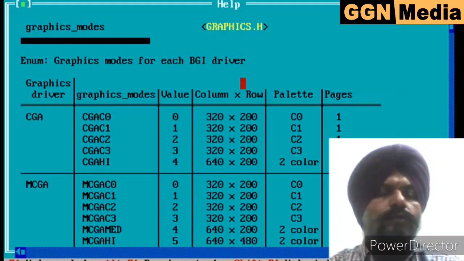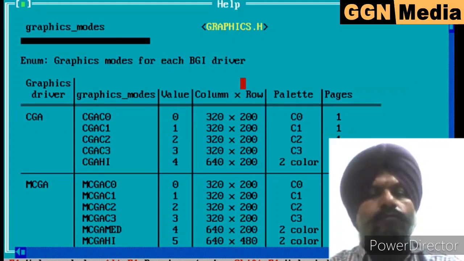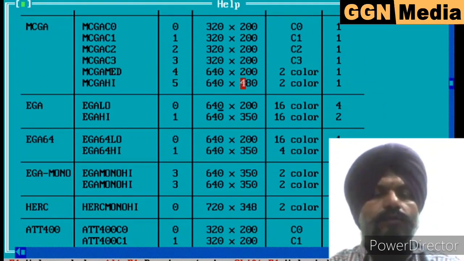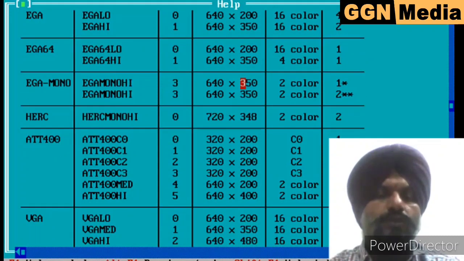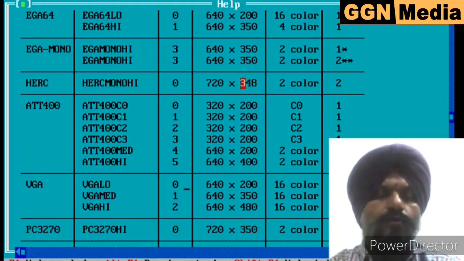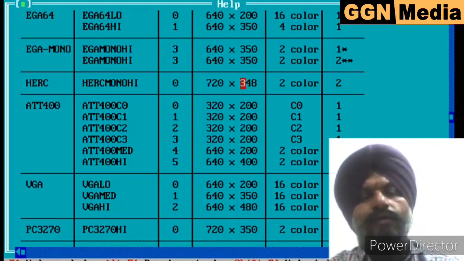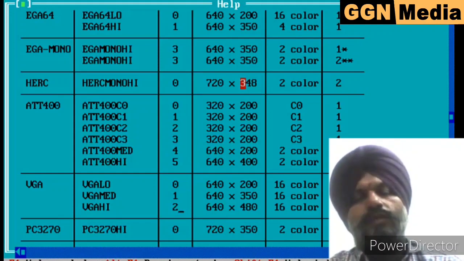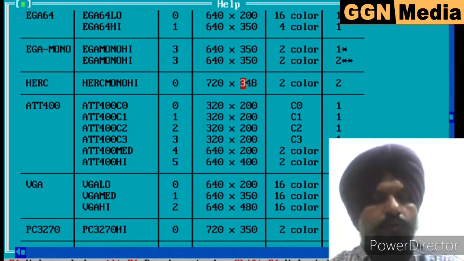See, if we have a CGA monitor, then we can have different types of resolutions. What is the resolution? Resolution is the number of columns and rows on a computer screen. Similarly, you can see the EGA resolutions and VGA resolutions. All these resolutions have their own numbers. It means if your graphic driver is VGA, then it can have three different resolutions which have different numbers, and one of the resolutions is being used by your monitor.